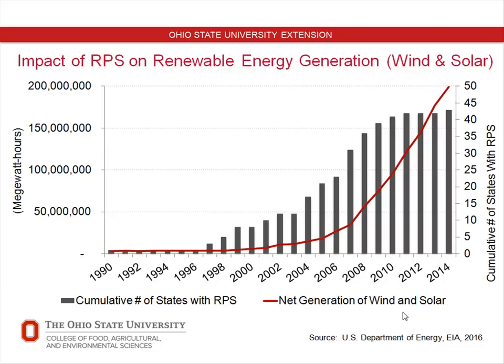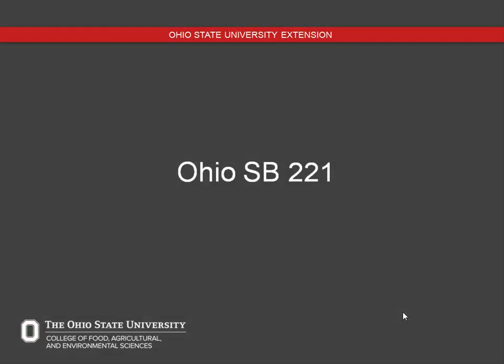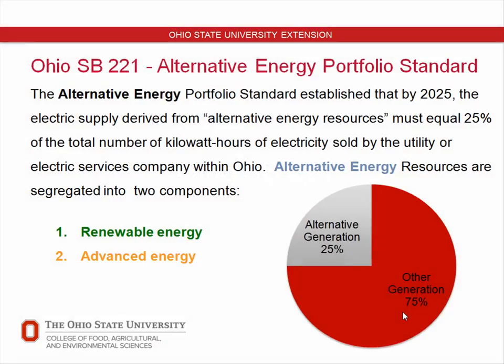So is there a correlation between policy and development? It appears there is, right? That's what we're seeing. And we see a similar story in Ohio. Now, to put it in perspective, this net electrical generation from wind and solar is a drop in the bucket compared to the total electrical generation. But the point is there's a trend. Policy is important to development, and we need to understand it. So let's look at Ohio Senate Bill 221. In 2008, Ohio passed and signed into law Senate Bill 221, which established the state's first alternative energy portfolio standards. It's a mouthful.